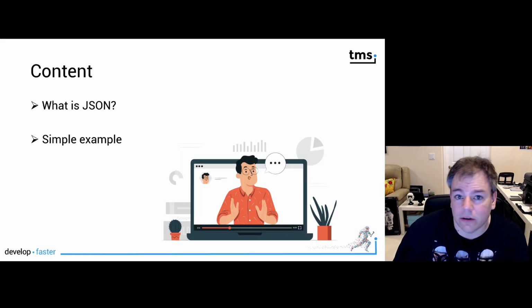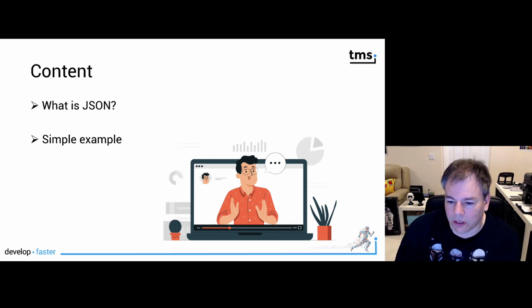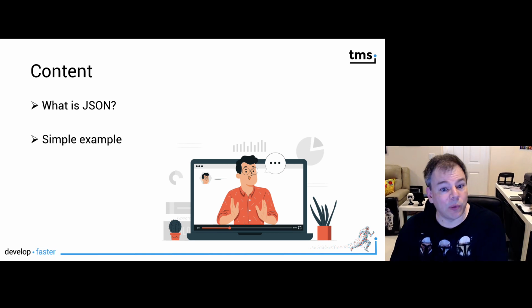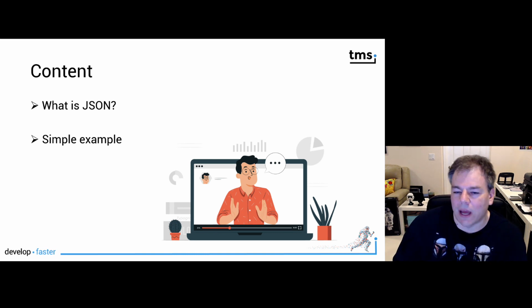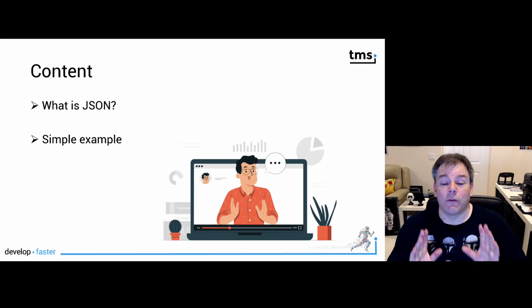And the agenda of this talk is I'm going to explain very informally, colloquially, what JSON is. I'm not going to give a formal definition. I'm just going to give an example. And with that simple example, we're going to do a demo in Delphi that will be the first step. I'm saying first step. Why am I saying first step?